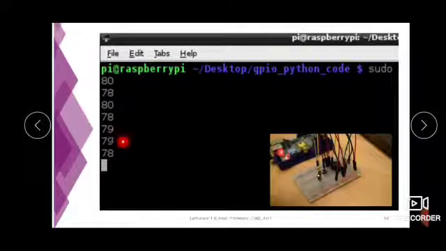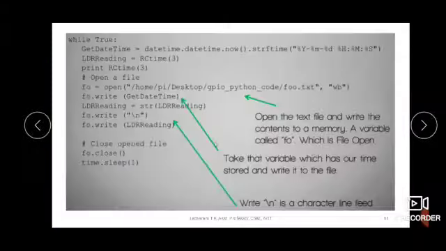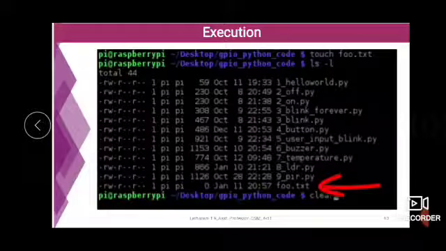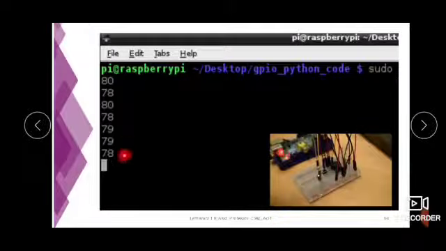So approximate values 80, 78, 79 are displayed one after the other. The readings keep displaying because it is an infinite loop, as we saw in the last program, so it keeps repeating. It will keep printing the reading values in the file as well as on the screen, one after the other.